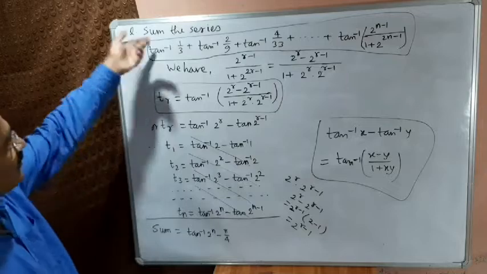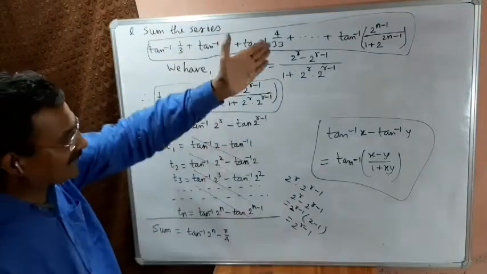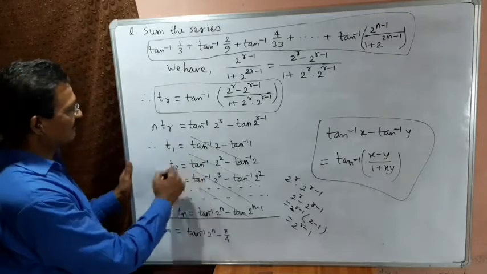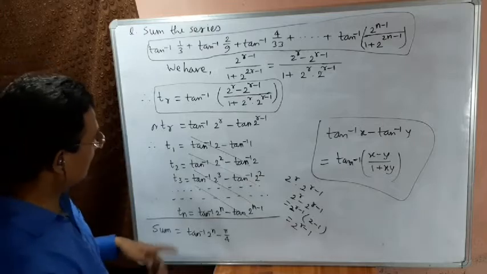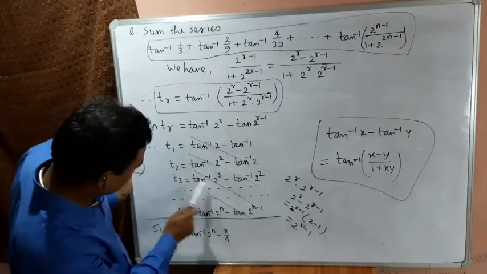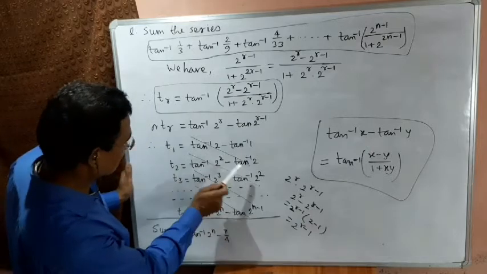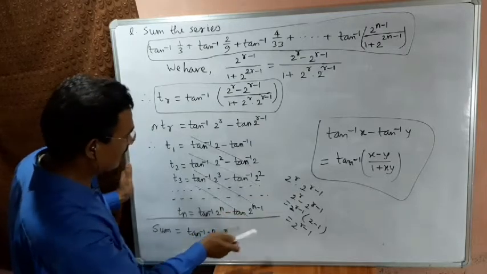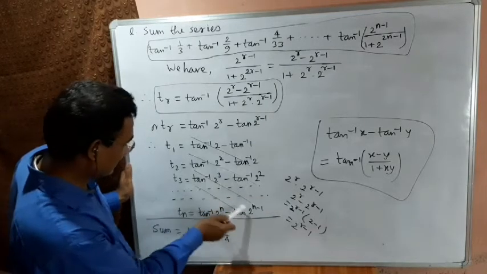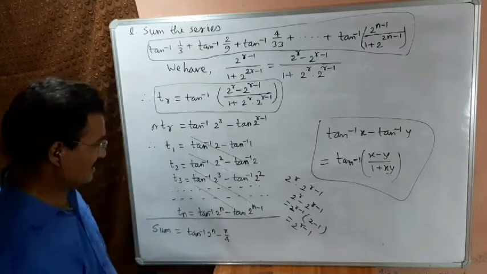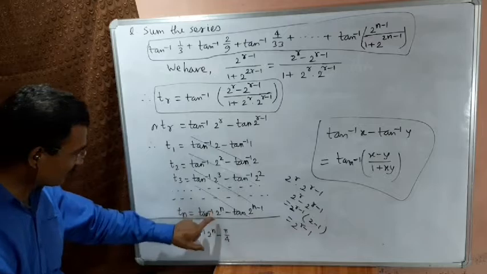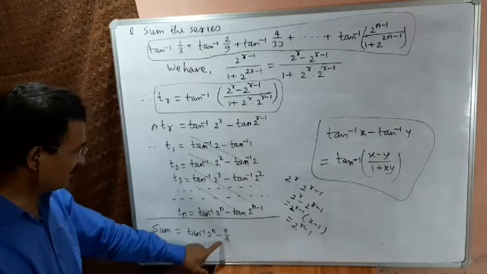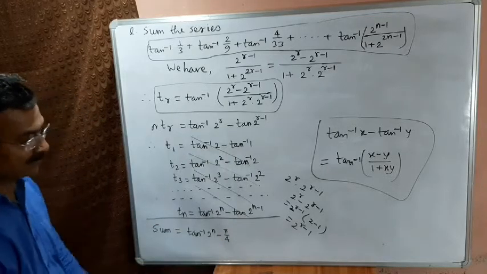Now we have to find the sum from r equals 1 to n, therefore putting the values of r as 1, 2, 3 up to n, and here we can observe that corner-wise all terms cancel. Tan inverse 2, tan inverse 2, tan inverse 2 square, tan inverse 2 square, tan inverse 2 cube, tan inverse 2 cube. The next term would be tan inverse 2 cube, and in the second last term, this quantity would be cancelled. Finally, we have tan inverse 2 to the power n here and 1 here, minus tan inverse 1, which means pi by 4. Therefore, this minus pi by 4.